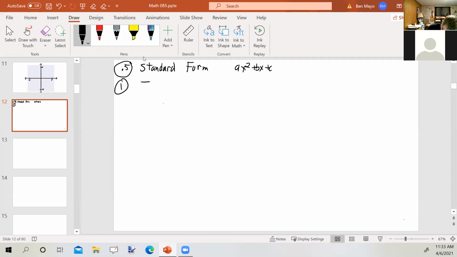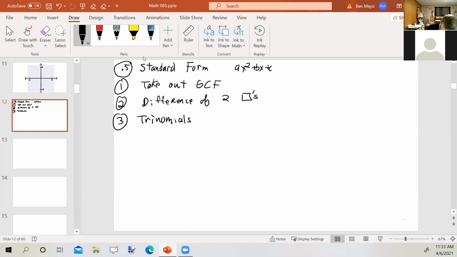Item number 1 is take out greatest common factor. Item number 2 is difference of two squares. Item number 3 is